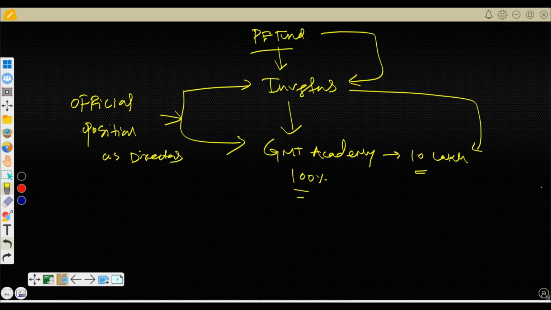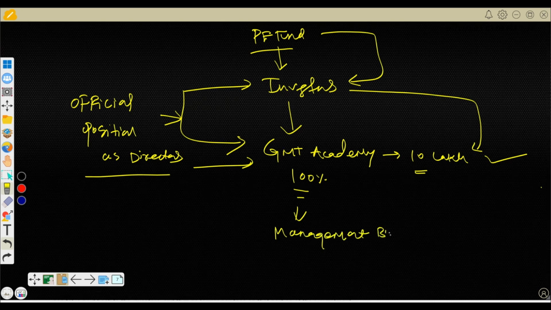So it means along with the 10 lakh investment, investors can buy the official position as a director in GMT Academy, and this comes under your management buyout or buyout